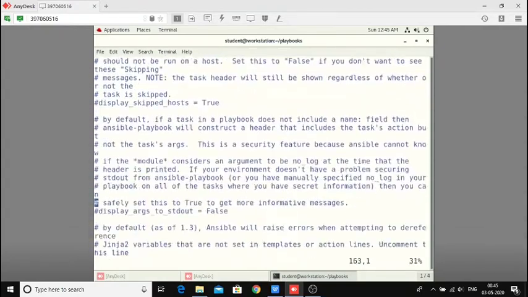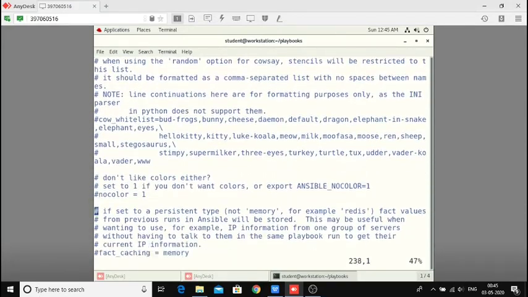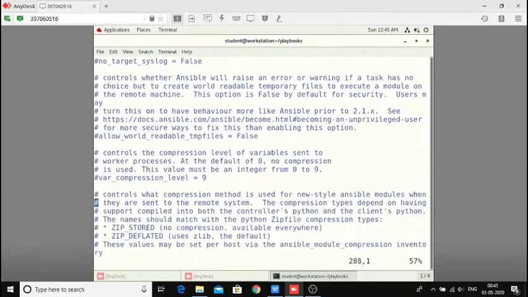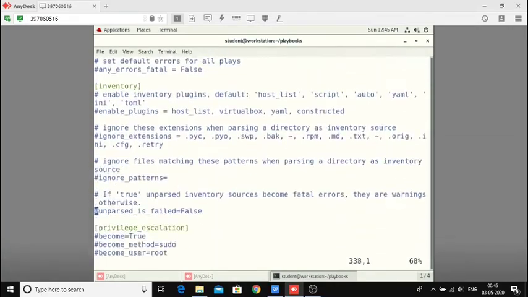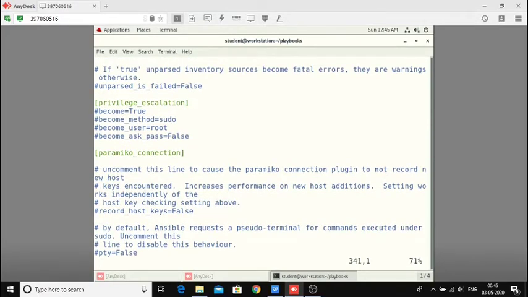All right, at the last, see what is there in the privilege escalation part. You can see here become is true, become_method is sudo, become_user is root, become_ask_pass is false.